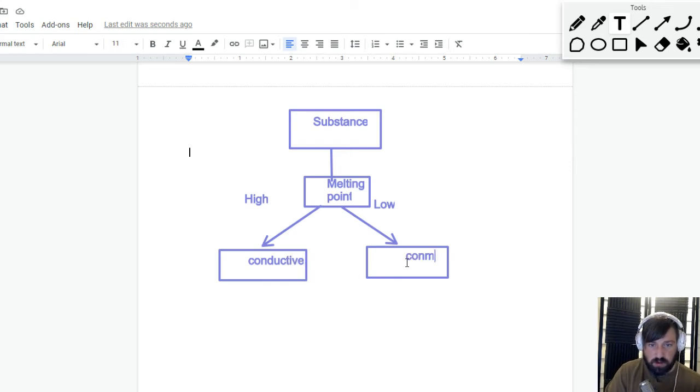Conductivity. And then for that, you have more options, and it just keeps branching off. And then at the end, after you have all three tests,